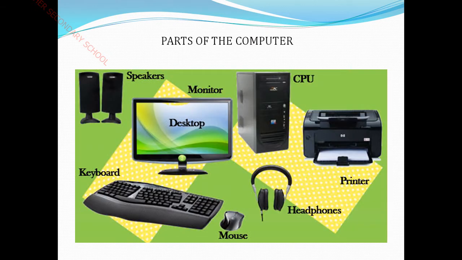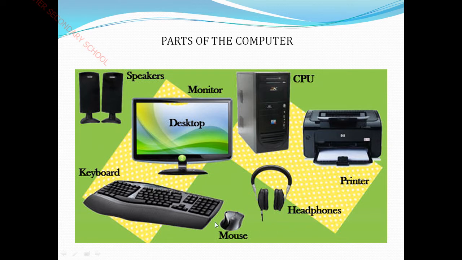So, here as you can see the parts of the computer. Actually you know that a computer has a lot of parts. A computer has got a keyboard, monitor, printer, many parts are there, but in this picture I have given you a few important parts. And also I am going to separate them as input units and output units. Let us see one by one. So, in this picture I have given you a monitor, speaker, keyboard, CPU, printer, headphone, mouse.